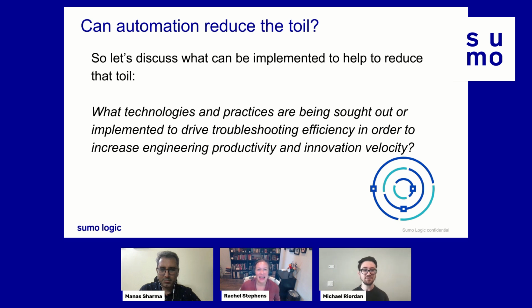Perfect. Yeah, so I think there's a lot happening right now. It's an exciting time in our industry because we have a lot of people who are experimenting with new tools, especially in and around AI and ML, to try to help us provide that context. I think we're still very much in a place where we need human in the loop and complementary tools. So it's not something where we are necessarily outsourcing all of our knowledge into these tools, but these tools can increase our efficiency and our effectiveness in trying to figure out what the